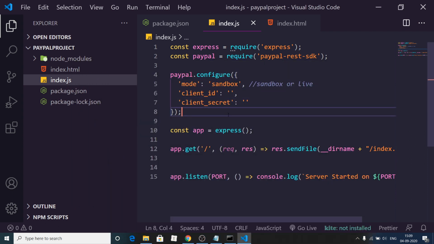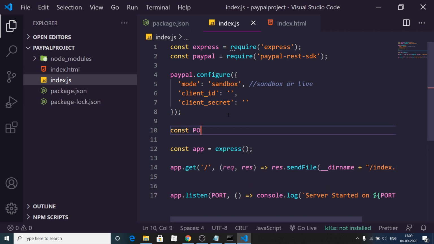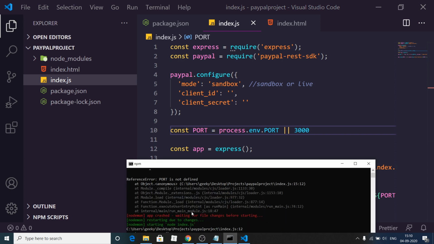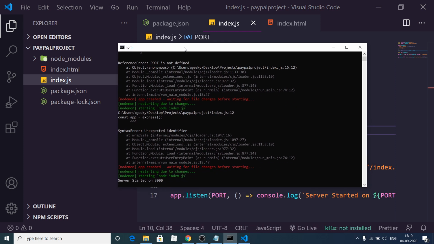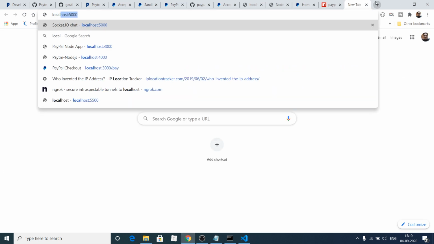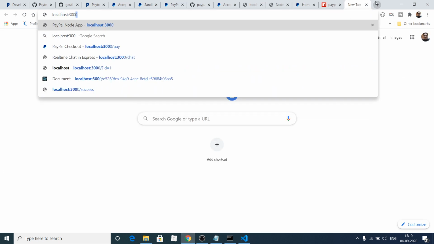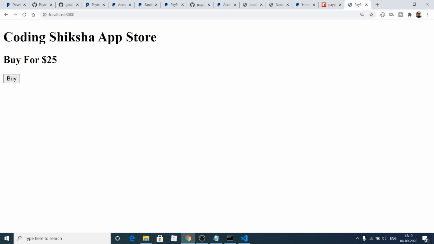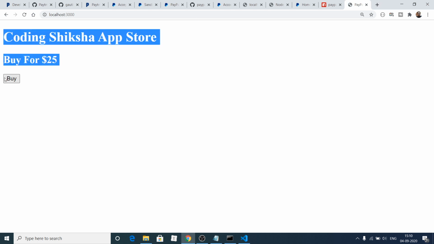I haven't mentioned the port, so we can just use process.env.PORT, and if the port is not available, we need to start at 3000. So you will see it will start your application at port 3000. So if I open this application, you will see localhost. So this is our HTML file buy button.